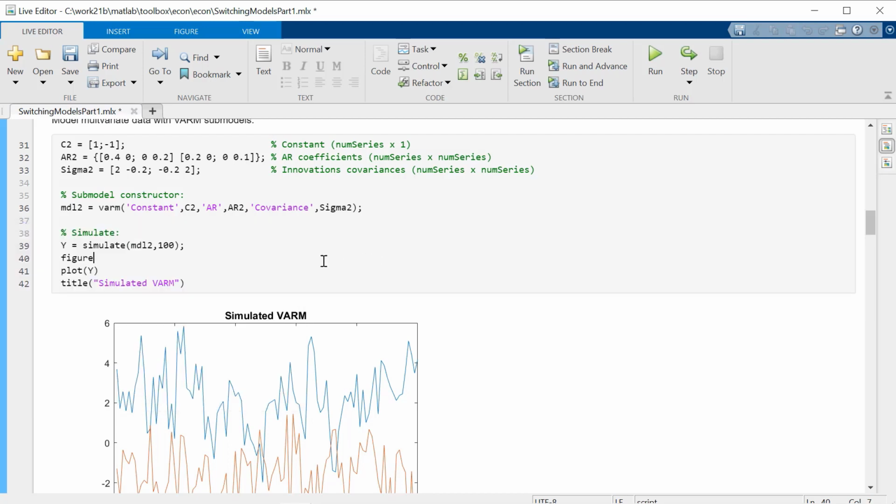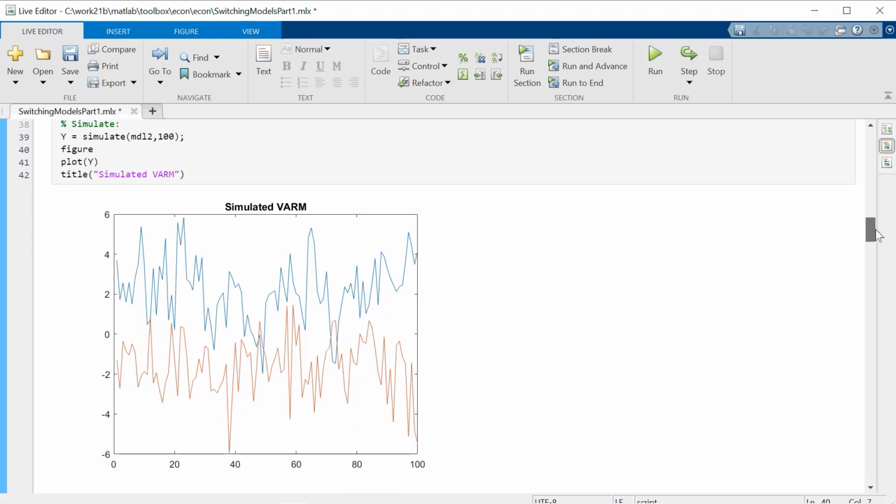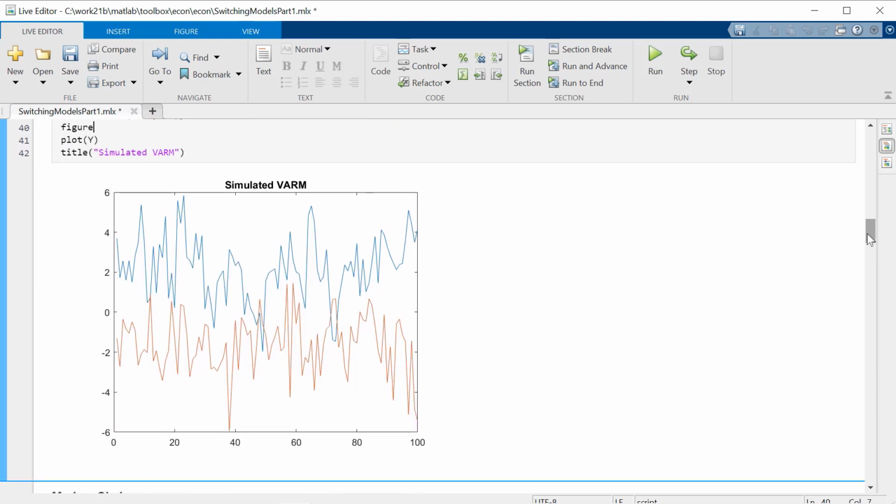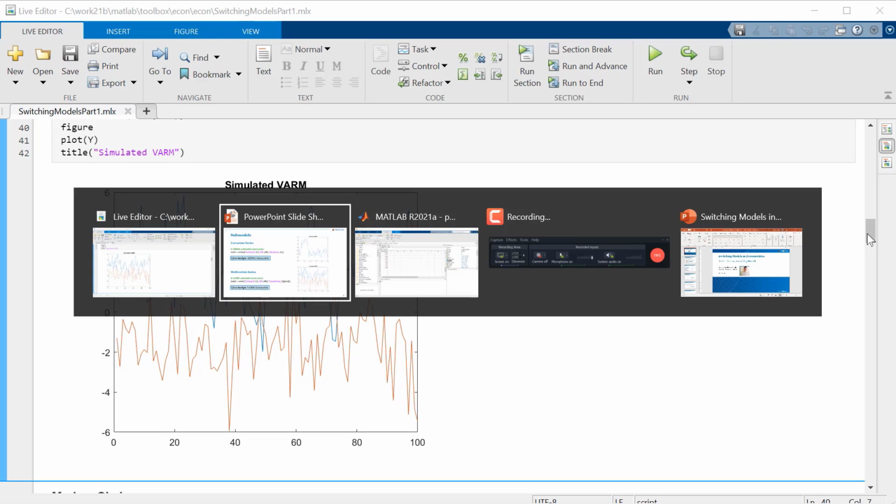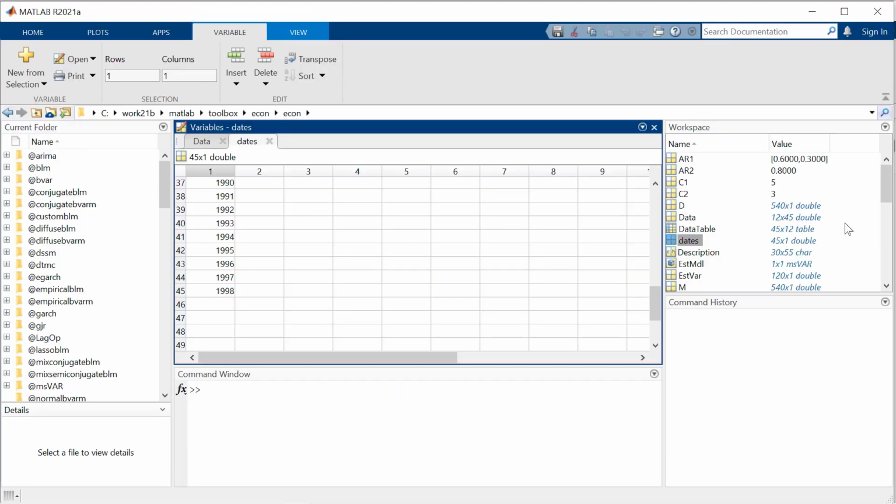And again, you can then apply these different methods from that particular class, things like simulations and forecasting directly from the model, and create simulations of that particular submodel. If I go back to the MATLAB workspace here and navigate in my MATLAB installation to the toolbox econ directory,